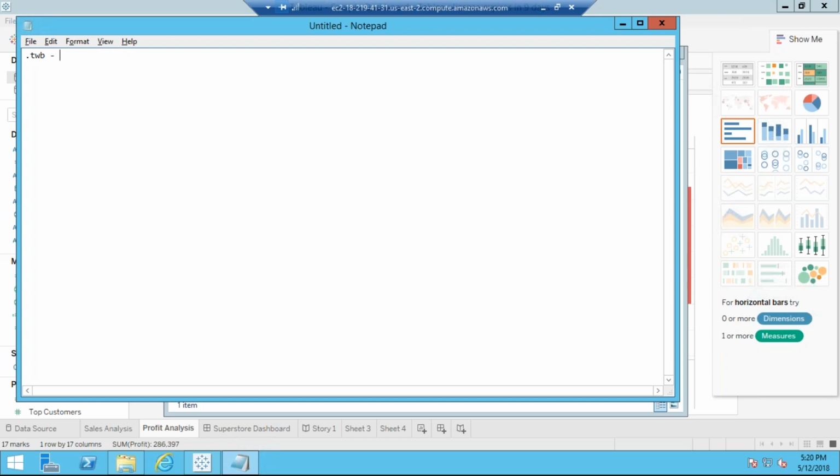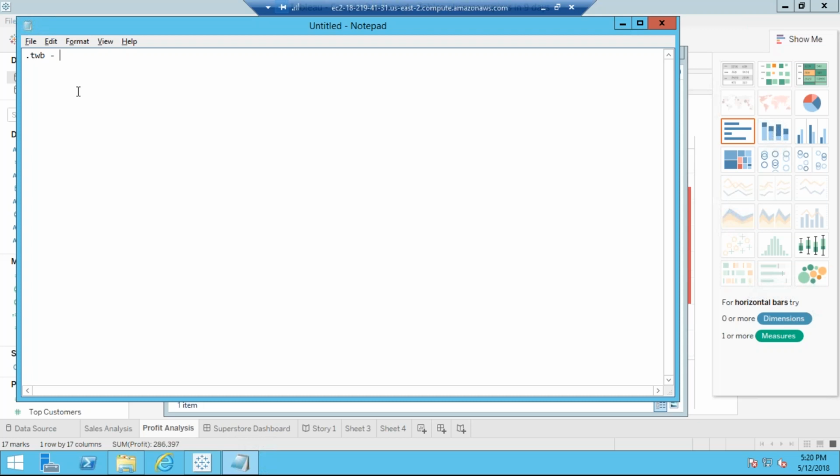TWB is just a file which has only whatever you have created. Remember, it does not store any data.